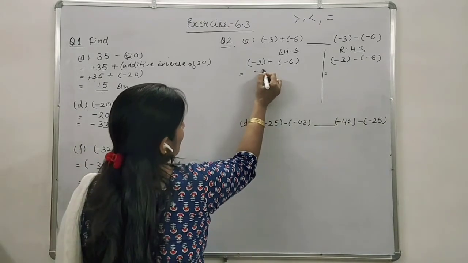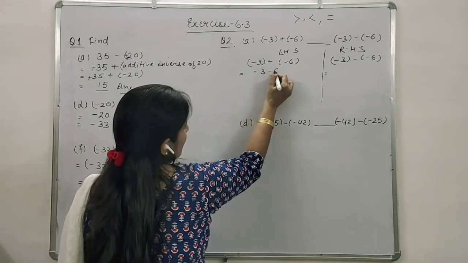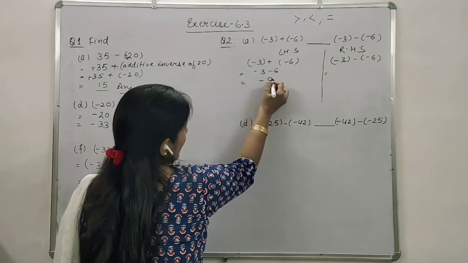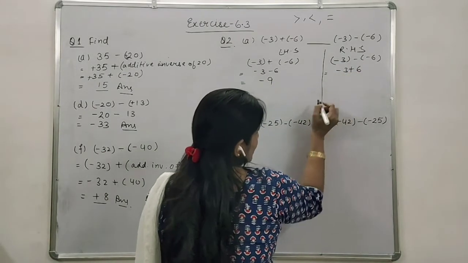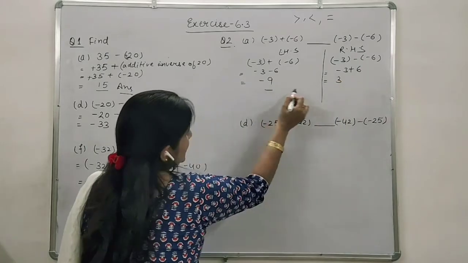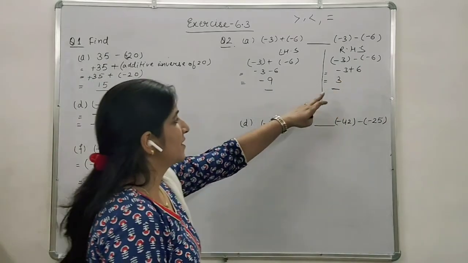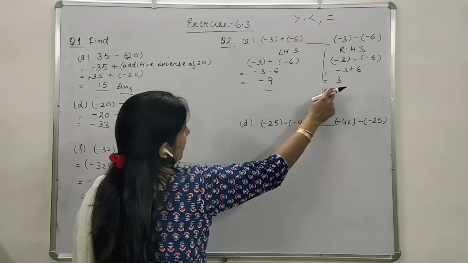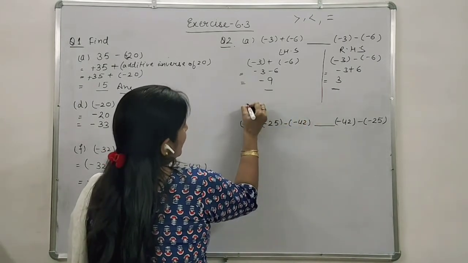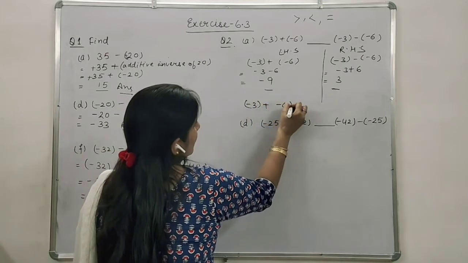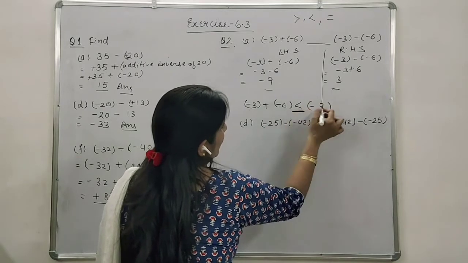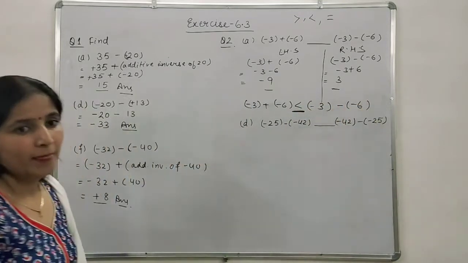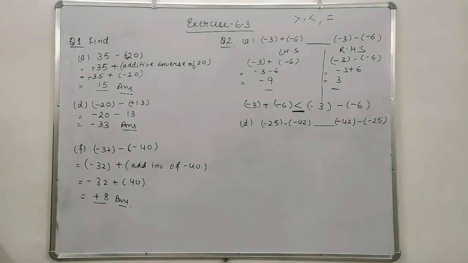Now you can see minus 3. Here what will it become? It will become minus 6. Now it will become minus 9. And here if we solve minus 3, minus minus becomes plus, so it becomes 6. So here is 3. Now just compare. Which one is bigger? The positives are always bigger, so 3 is bigger. So what can we write here? Finally, that this is bigger. You can put the fill-up here like this. So in this manner we can solve the question by putting the left hand side and right hand side.